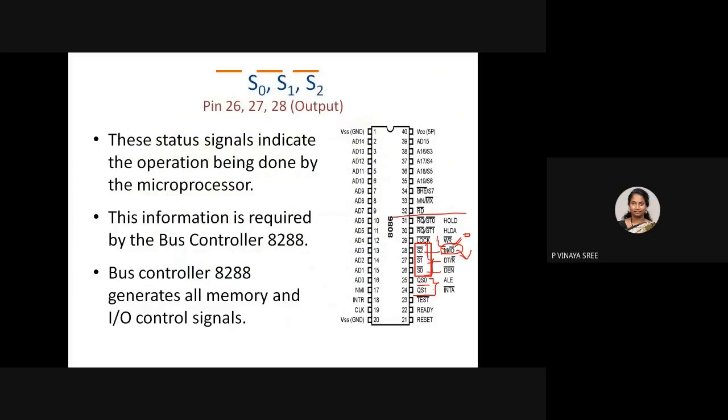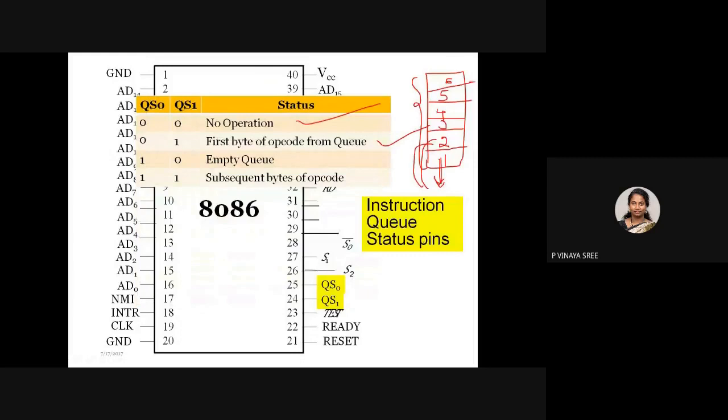Next, coming to lock. To understand lock, first you need to understand what maximum mode is. First, tell me what a maximum mode is. Multiple processors, yes. When will you be in maximum mode in 8086, when the pin is connected to ground or VCC? See, ma'am, it is the MN/MX bar pin, pin number 32.